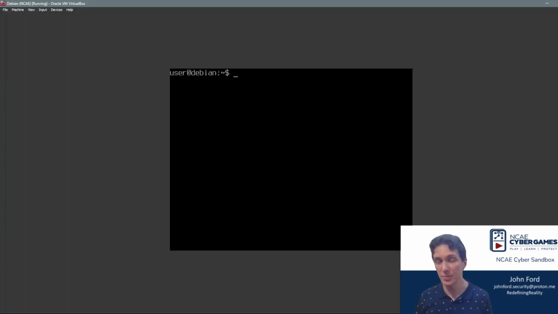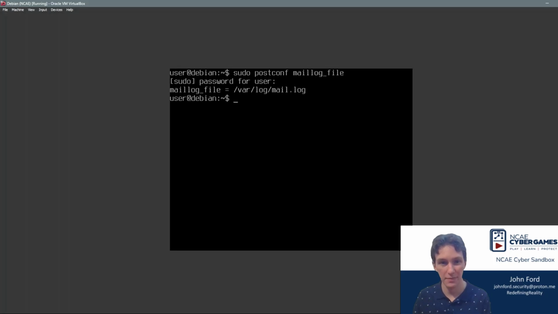To actually determine where the log file is for postfix, which is the SMTP service I'm using, I can run sudo postconf mail_log_file. This will actually give me the full path to that log file, which in this case is /var/log/mail.log. So if I print out /var/log/mail.log,